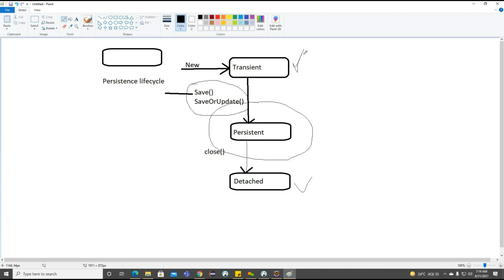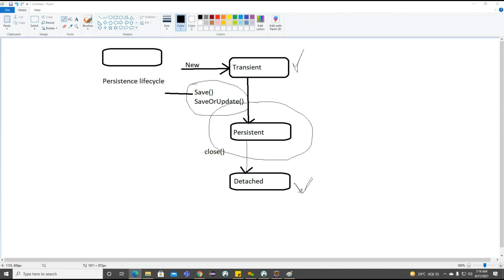We cannot perform operations in the transient state, and in the detached state also we cannot perform operations. We can perform operations only when those objects are available inside the persistent state. So this is very important. Right. Now, basically, with the help of a new transaction, we can reassociate with the persistence manager.